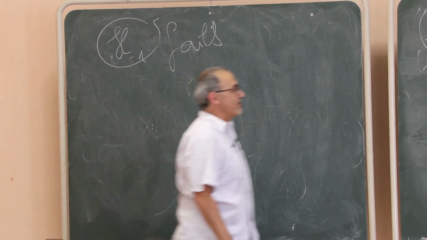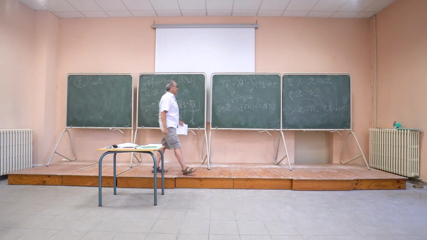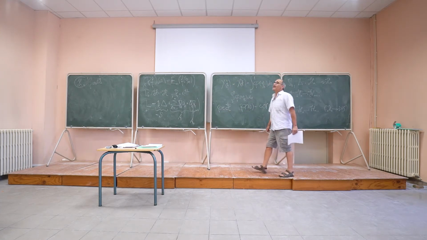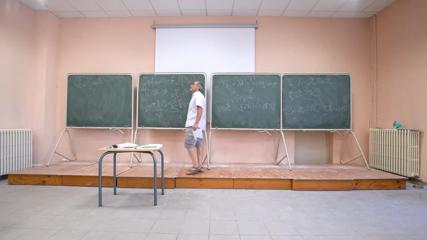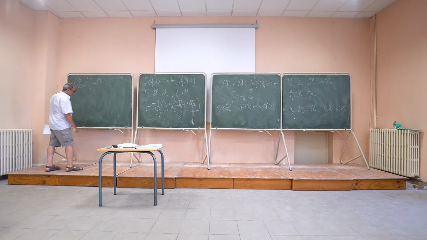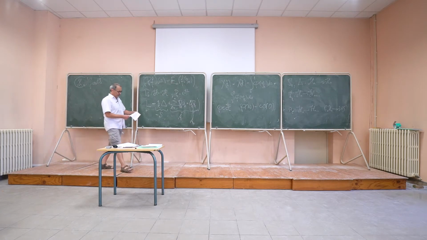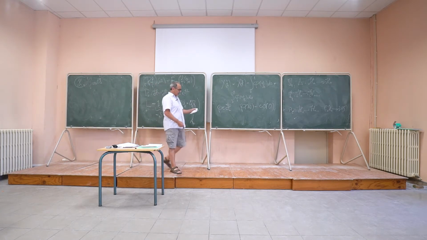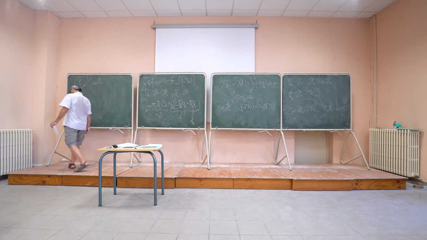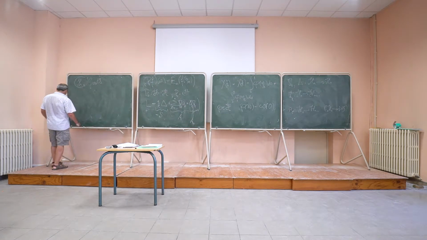First of all, let's see that H minus 1 fails. How should I do that? To convince you, I just write on the board. The H minus 1 formula is the following: